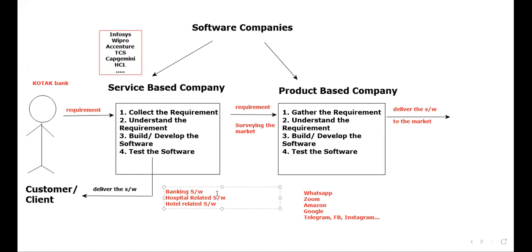Correct, right? Guys, have you observed these kind of things? Yes or no? Yes, please do respond. Have you observed? Okay, great. Don't you think all these things, that means hotel related software, all those things are a best example? Just like this, I can just tell many softwares are there. These are the examples for the softwares developed by a service-based company. These are the examples for softwares developed by a product-based company.